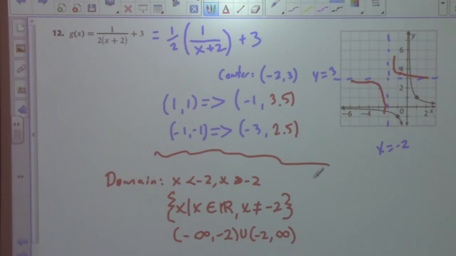All right, Connor, what about our range? Let's hear that read. It's Y is greater than 3, and Y is less than 3. Okay, and then Y is such that Y is all the numbers, and Y is not equal to 3. Finally, we have this one right here. It'll be negative infinity,